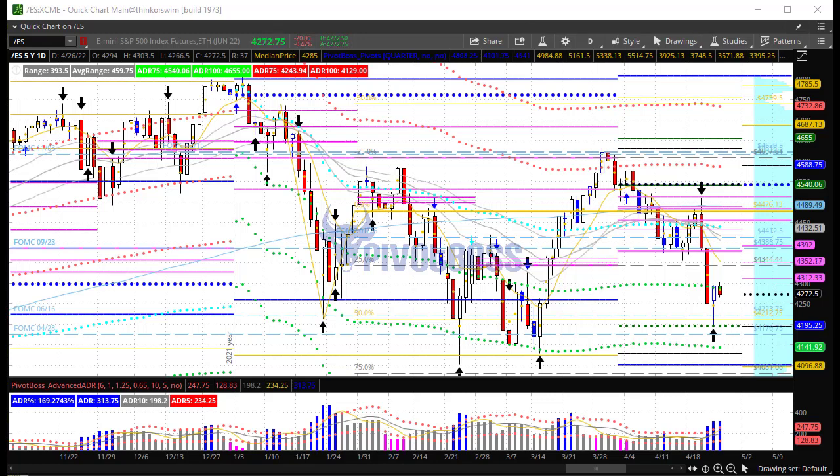Here's a look at the daily time frame of the ES. The previous session, we had a very nice turnaround by the end of the day. Very narrow price action for most of the day. Compression, digestive type of price action, right at support, at the key range low, as a matter of fact. But by the end of the day, a strong close, a strong 2-hour finish, nice extreme reversal, wick reversal, and